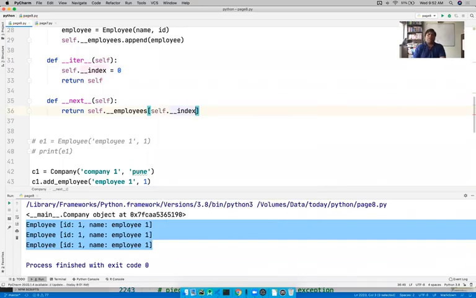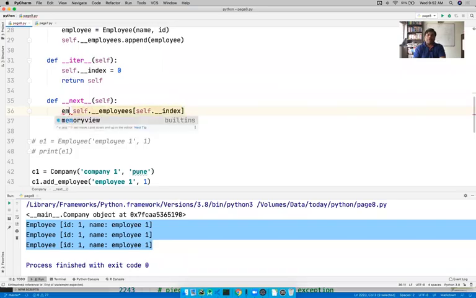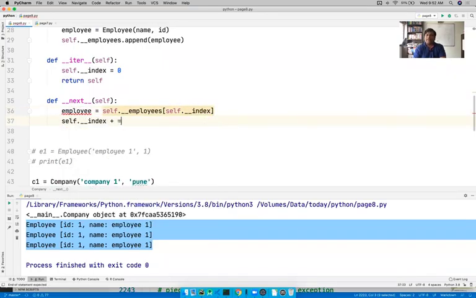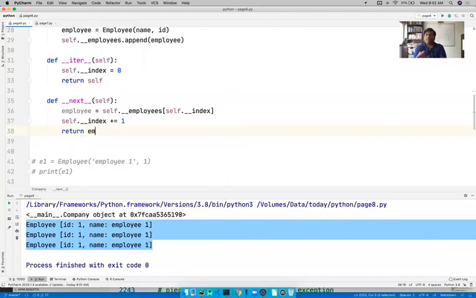And of course, it's better that we save that employee somewhere and then get our index incremented to the next value. Do you understand what we are doing here? So probably here we are going to return an employee object. So instead of giving the entire control to someone, we will run the for loop, and we will maintain that index